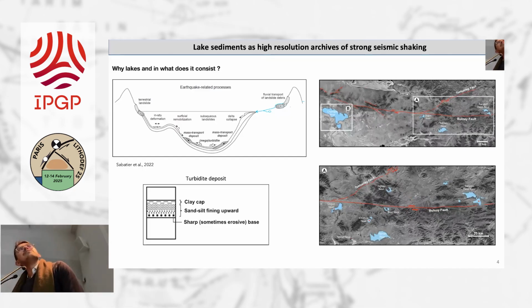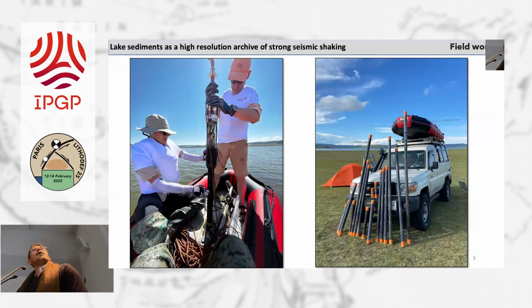It turns out that along the Bulnay fault, we have quite a good number of lakes. Here we have the main lake system on the eastern side, the Khyargas Lake, and most of them are distributed in the middle and the eastern side of the fault, as you can see here. At this stage, we targeted 7 lakes based on the spatial distribution around the fault. And then we went to the field. Once on the lake, we controlled the bathymetry using a sonar, and once reaching the depocenter, we used a gravity core.